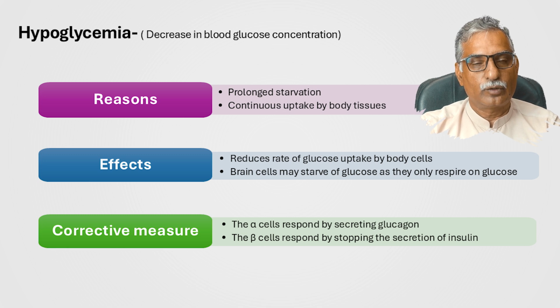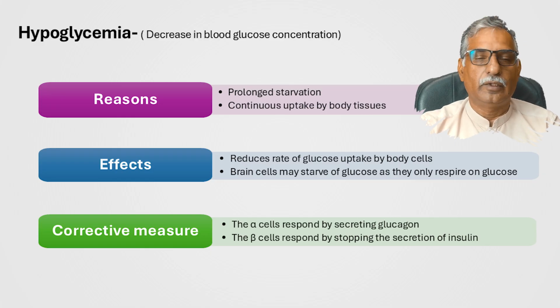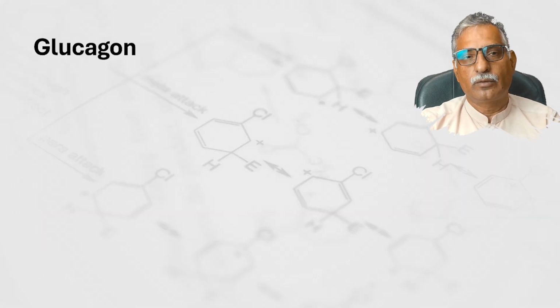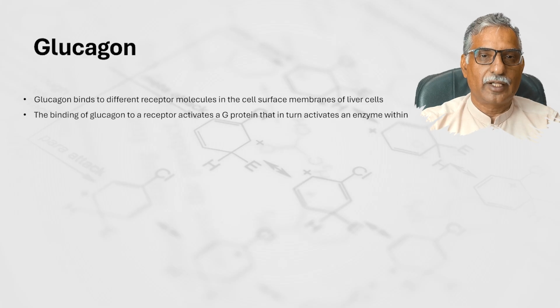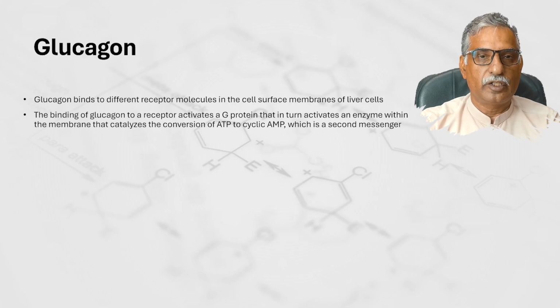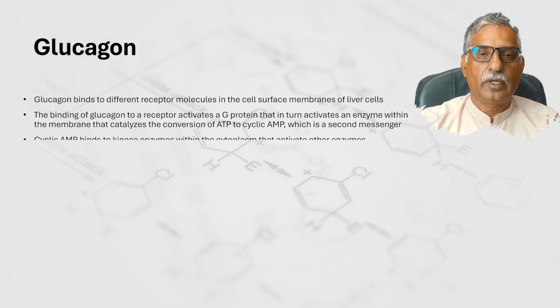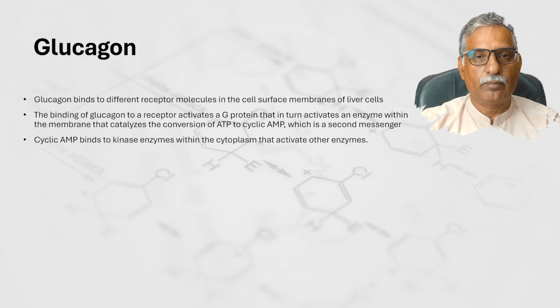Increased glucagon will travel through blood and will interact with the adipose tissues and with the cells of the liver, and it will bind with the glucagon receptors. When this glucagon interacts with the glucagon receptors on the liver cell surface membranes, that initiates a cell signaling effect. G protein is activated, that in return activates an enzyme that produces a secondary messenger, that is cyclic AMP, and